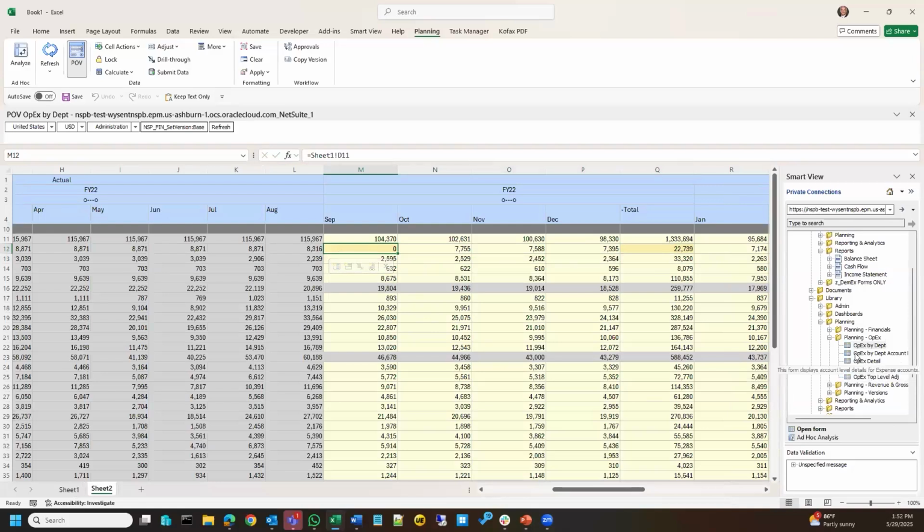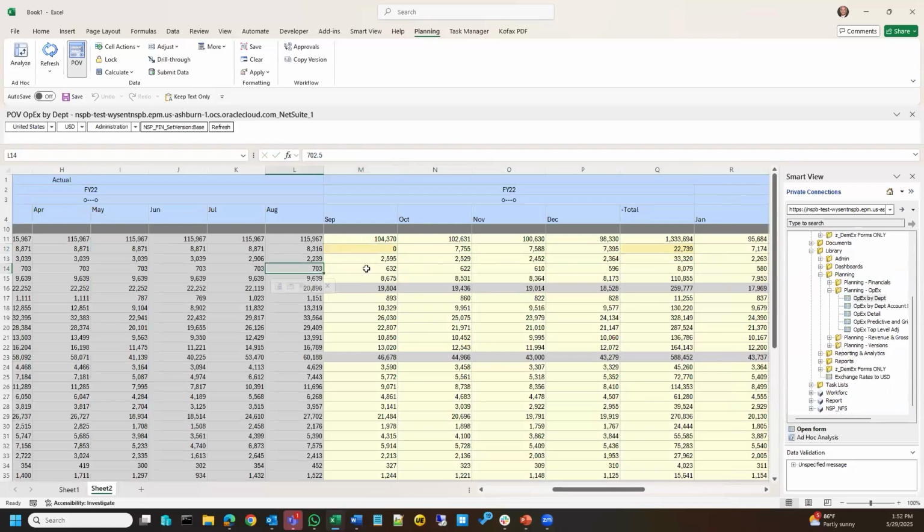So there's a lot more you can do with SmartView. You could do an hours-long session just on this, but I want you to see it live. This is a game changer for finance folks who live and breathe in Excel and want to be able to